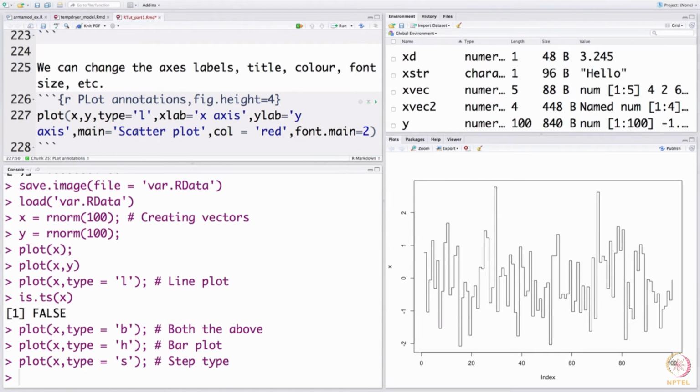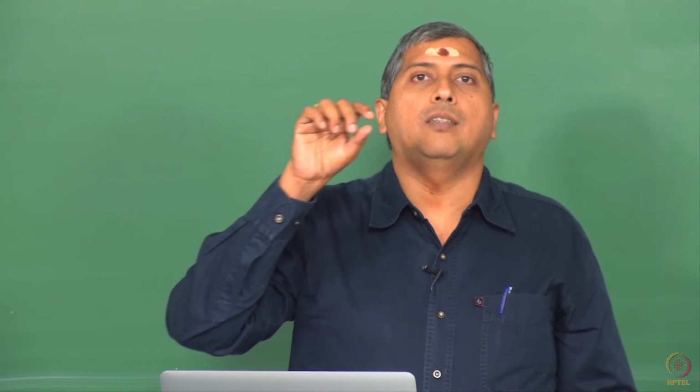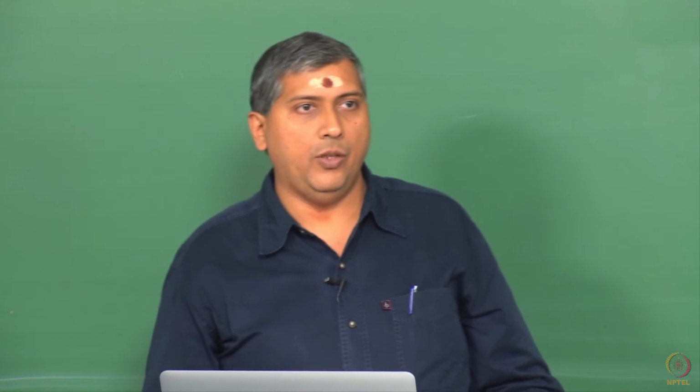Since we are drawing a line plot, we will change this from scatter to line, and then you could change the color if you like to red, and font.main, that is one way. There are many things that you can manipulate. font.main is telling R to change the title font to bold. You could change font.lab, the label font as well, to a bold one. So, let us run this,